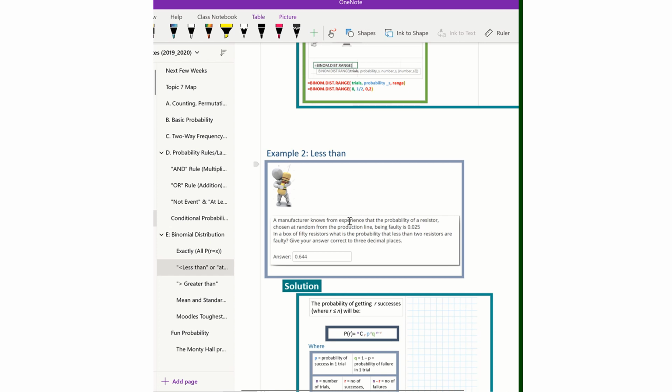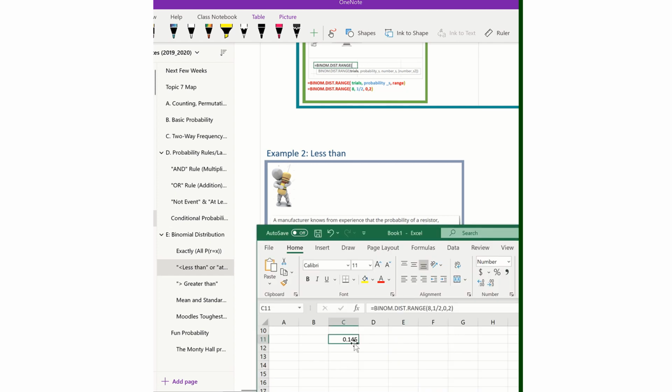So a manufacturer knows from experience that the probability of a resistor being chosen at random from a production line being faulty is 0.025. So that's the probability of success as such in a way here, because it's being faulty. In a box of 50 resistors, so this is the number of trials, what is the probability that less than 2 resistors are faulty? Now again, 2 is not included, it's less than 2. So let's try this one. We'll just delete the previous one. Equal to